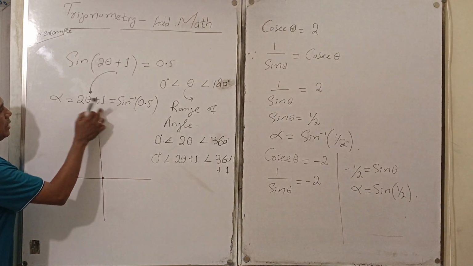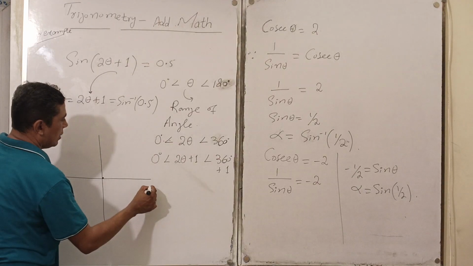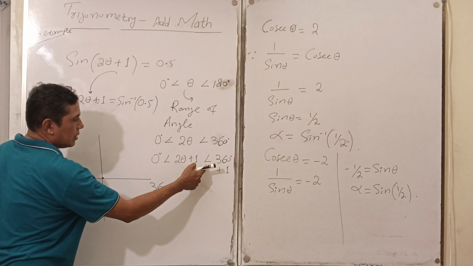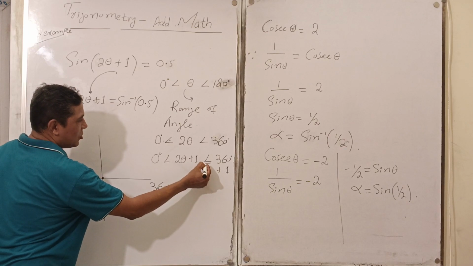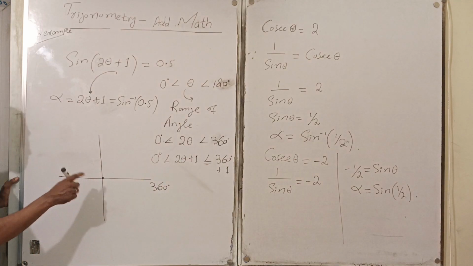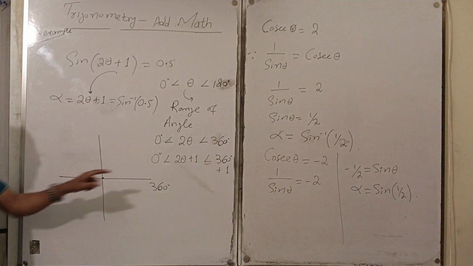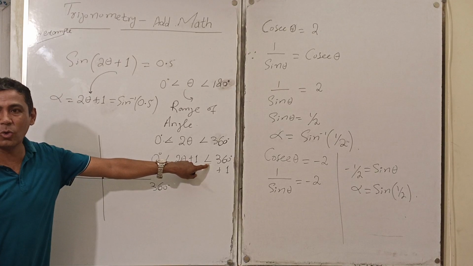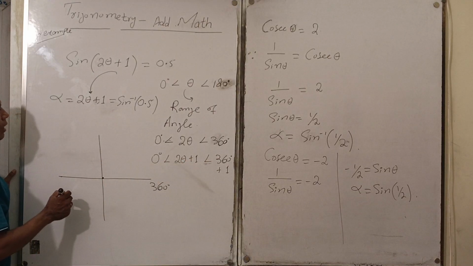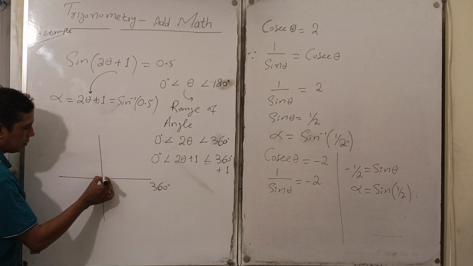So what is the range of this one? 1 degree till 361 degree. So it means it never touches less than this one. It is not equal to this one, remember. So it is less than 360. Because in the coordinate system you don't have any 361 degree angle, that's why he has mentioned the less than here. Clear? So keep it in your mind. It is the technical point. Now what about the value of alpha? 30.